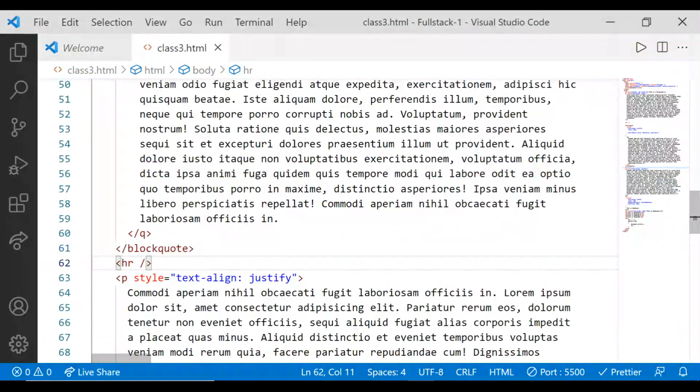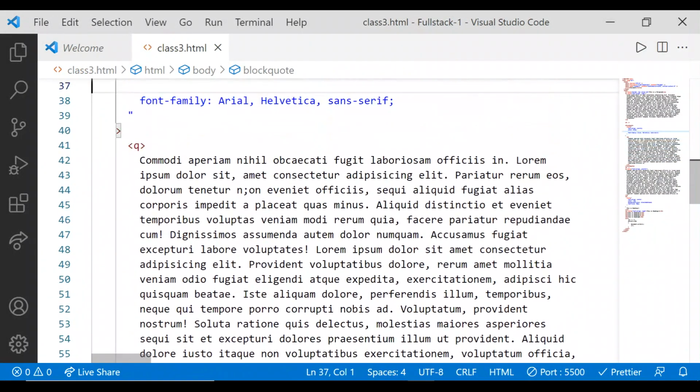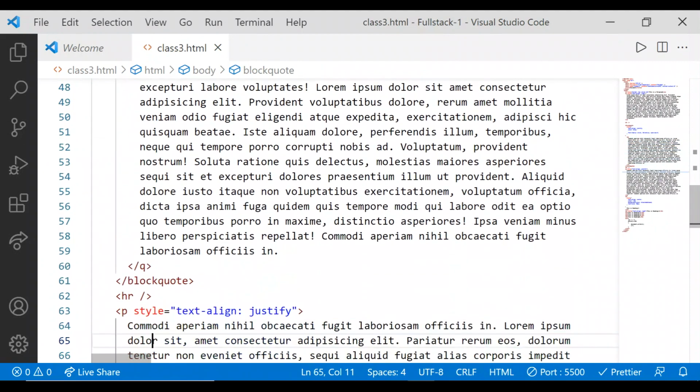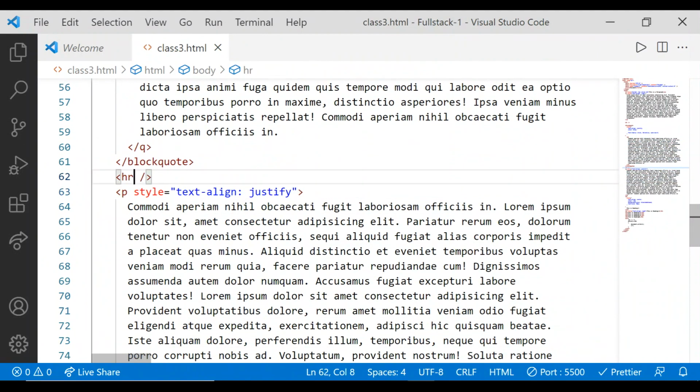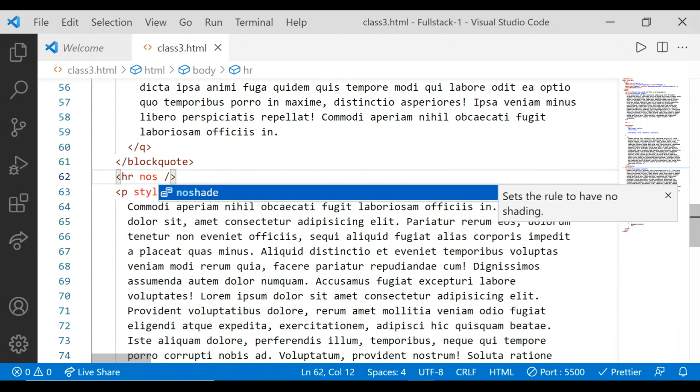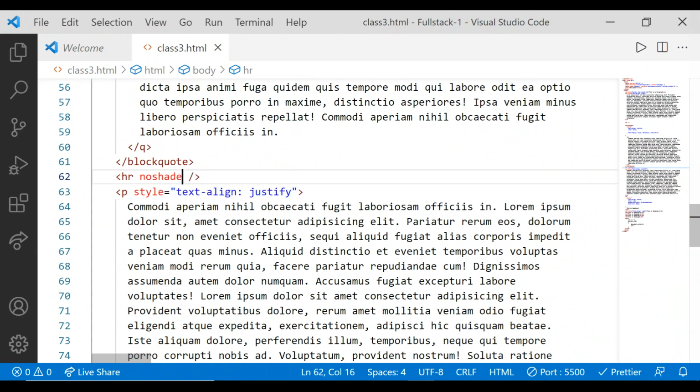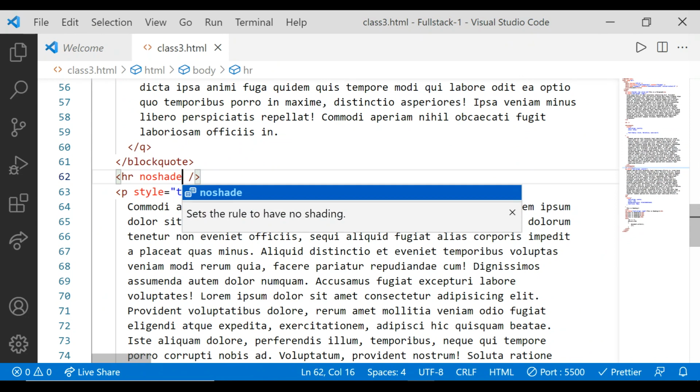How can you do that? When I go into the HR tag, in the next one, you can use an attribute called noshade. This noshade attribute is the only one that doesn't have any property value, so it is a single attribute only.